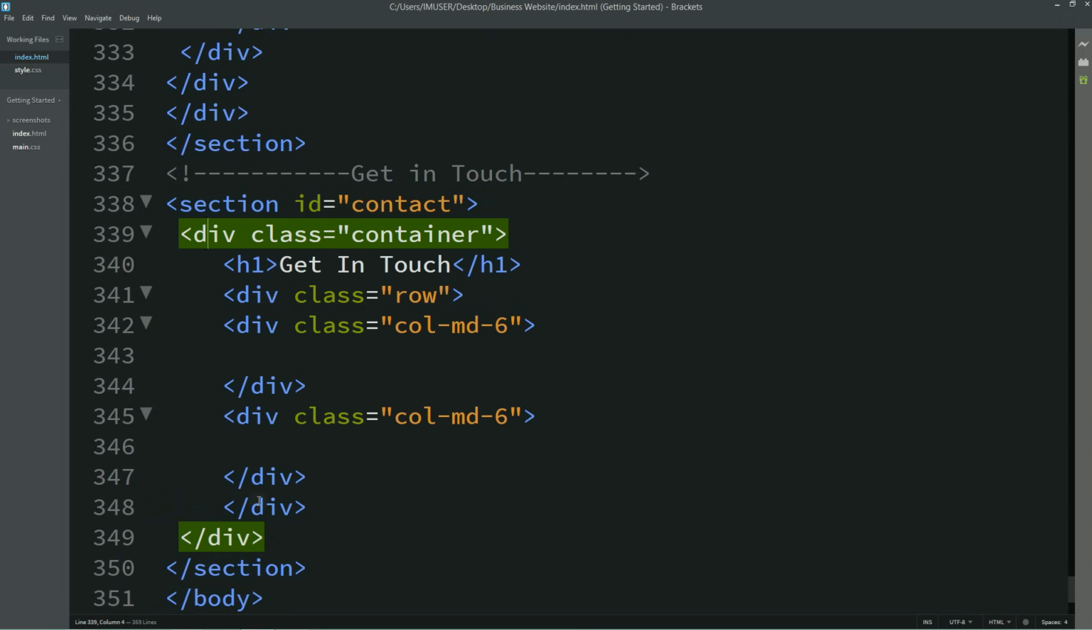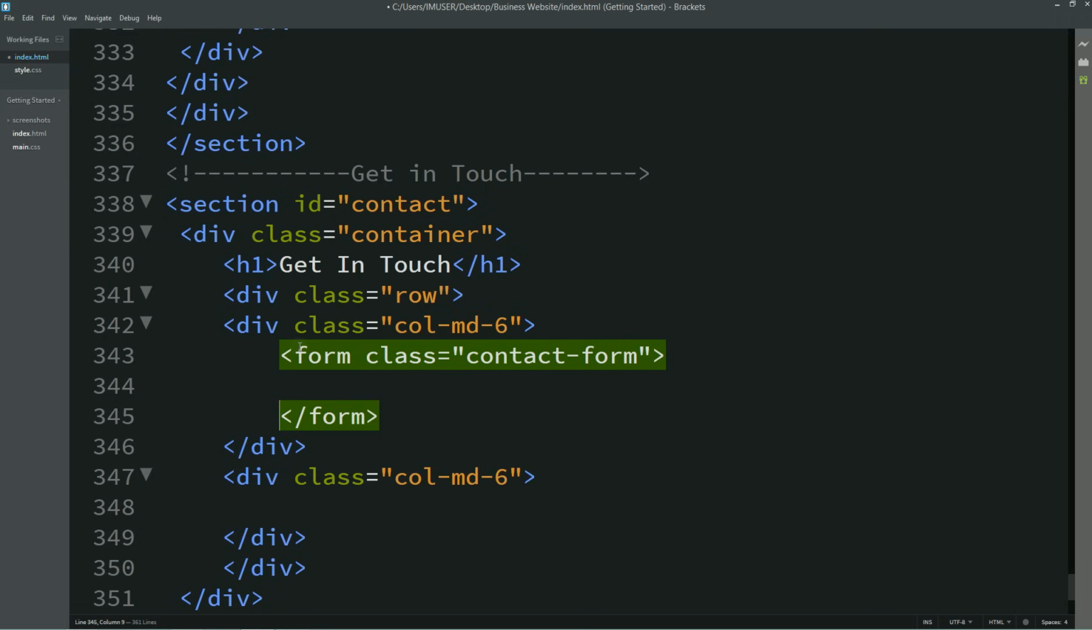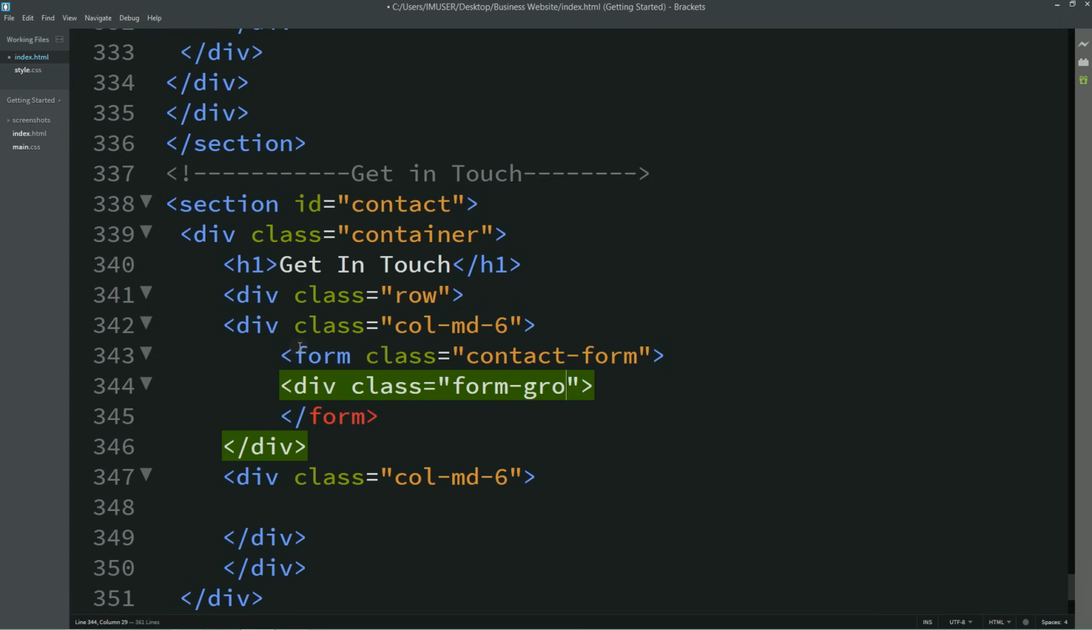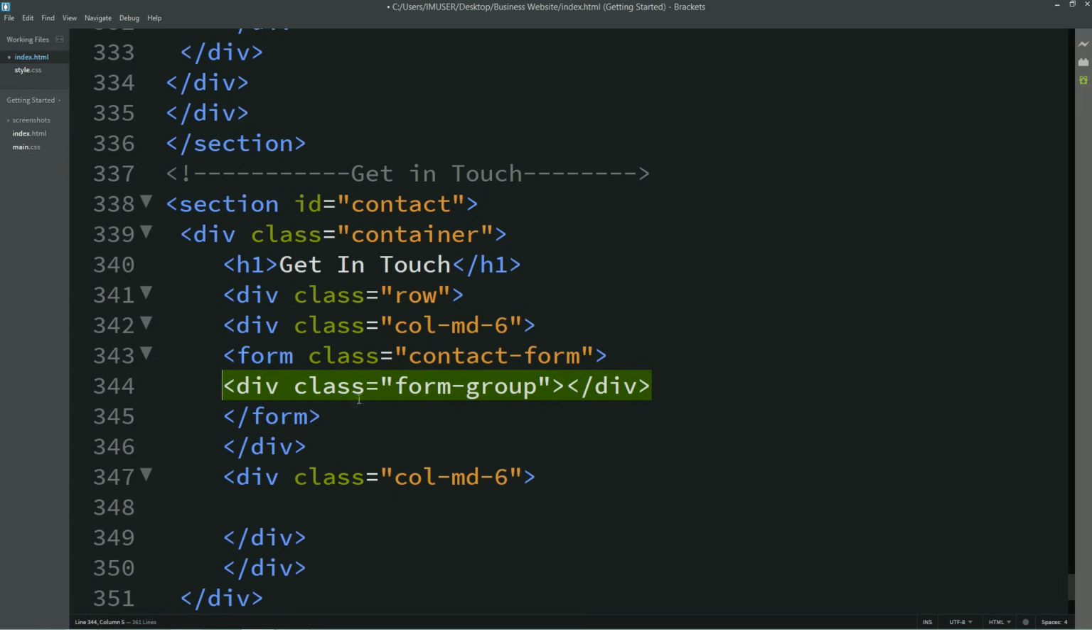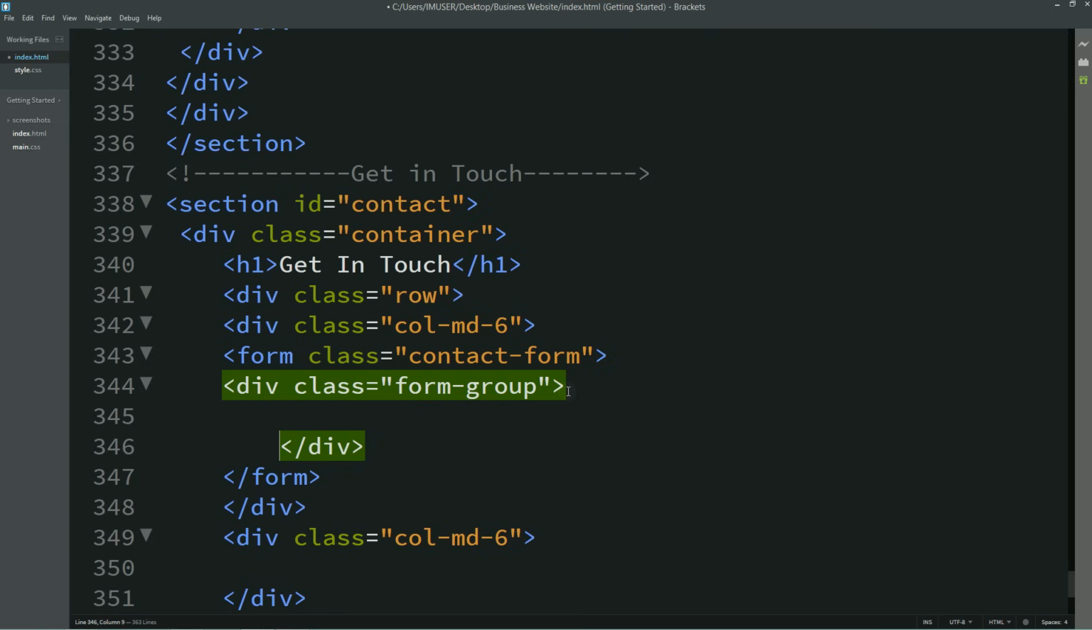So this is how we will create 2 columns. In the first column we will create a contact form, and the right side will be contact information. Okay, so this is the code to create a form. Write form tag here. I'll write one class name, class contact form, and after that I'll write the div class form group. This is a bootstrap class,